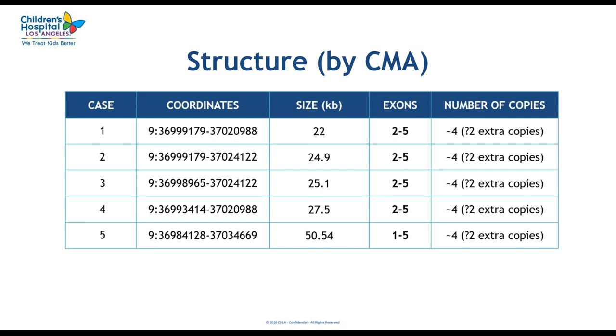And then by a chromosomal microarray, it was obvious that there was more than one extra copy. But based on CMA, it seemed that there are a total of 4 copies. But we were also aware that maybe CMA does not exactly accurately determine the number of copies. So it was very intriguing to us that you never seem to have just one extra copy. There always seems to be more than one extra. So we really wanted to verify what is the number of copies, what is exactly the structure of this abnormality,